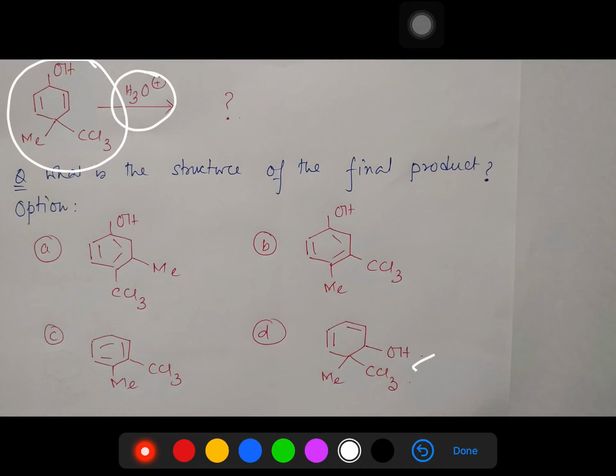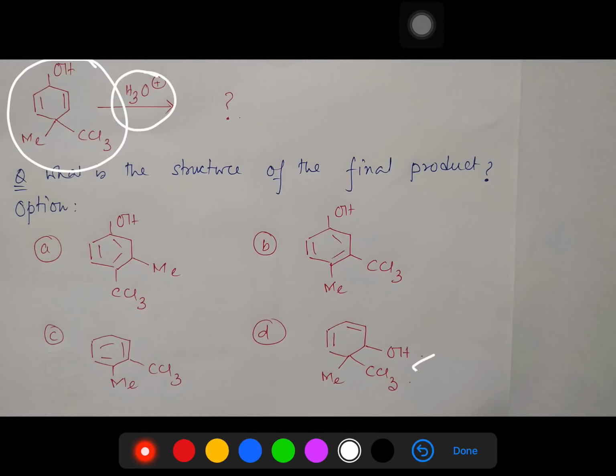By the way, before going to details, I request you, please pause the video and try by yourself. This will help you with self evaluation. I hope you have paused the video and tried by yourself. Now let me give you the answer. Initially I shall provide a complete mechanistic description with justification, and at the end I shall provide you a strategy or tricks to solve such a question within 30 seconds, which is very useful for exams.